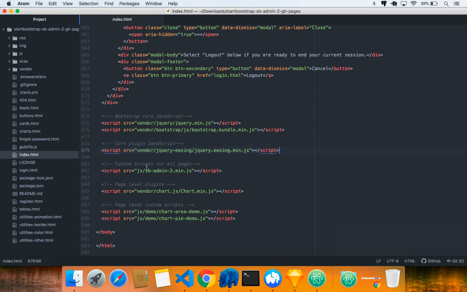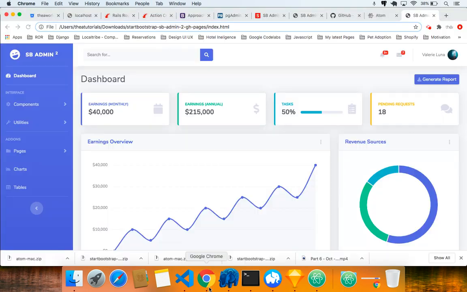Now, I know that the custom scripts, we probably do need this here. That's the sb-admin-2.min.js. And if it's here, it means that we need it. Like the chart.min.js and the chart-area-demo.js, all of this here is not necessarily needed. But of course, it's here for a reason on this page, because that's what's needed in order for these charts